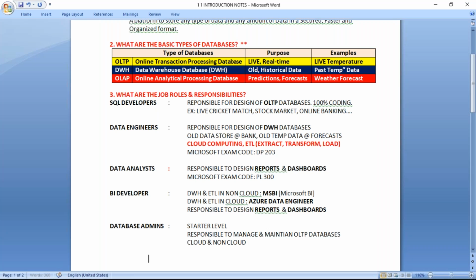And the other one, expert level. We have responsibility of managing and maintaining